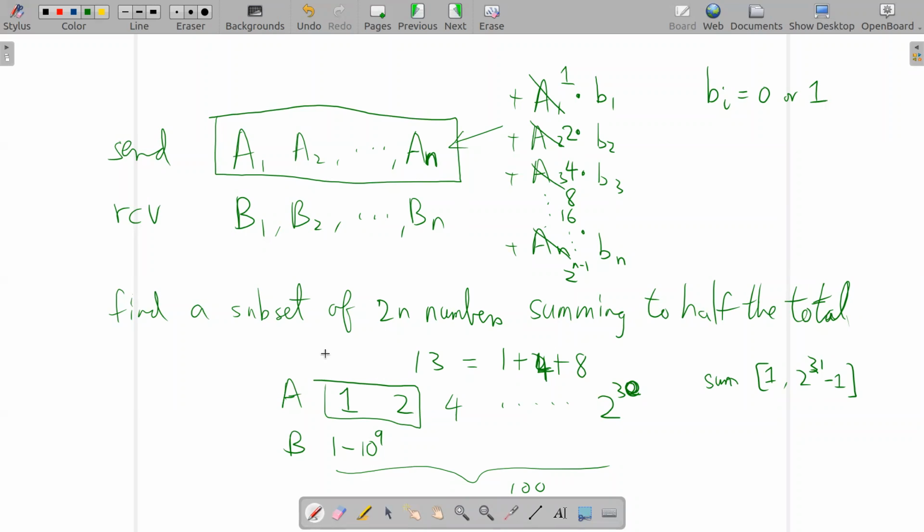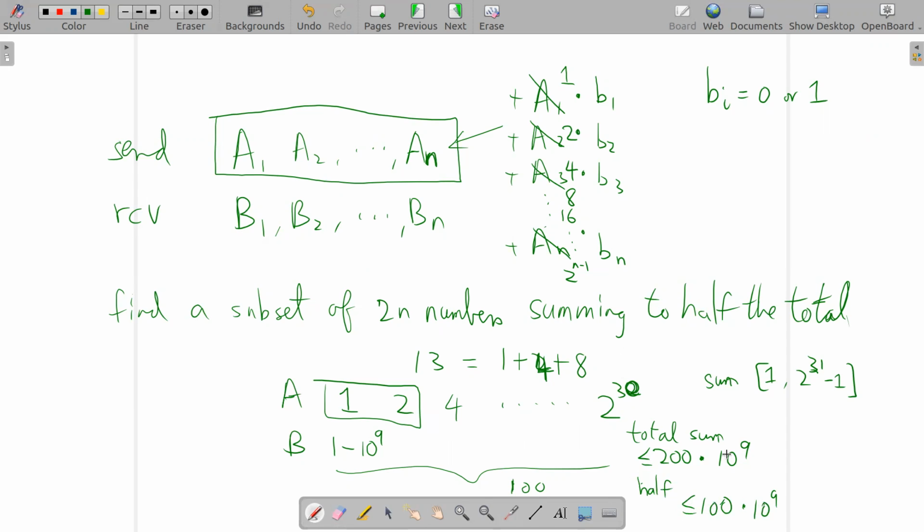the numbers that they give you are between 1 and 1 billion. So are the numbers that you give. There are 100 of them that they give you, so altogether there are 200 of them. So the total sum can be at most 200 times 1 billion, right? Every number can be up to 1 billion, and there are 200 of them. So the half that you're looking for is at most 100 times 10 to the 9,